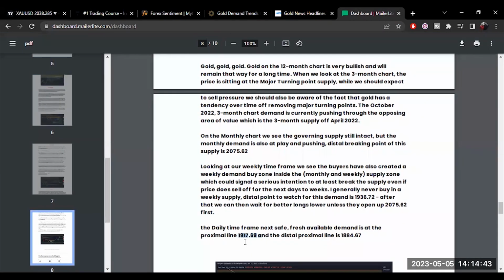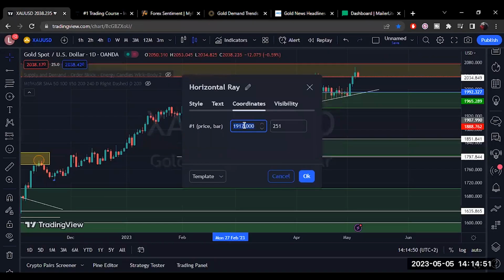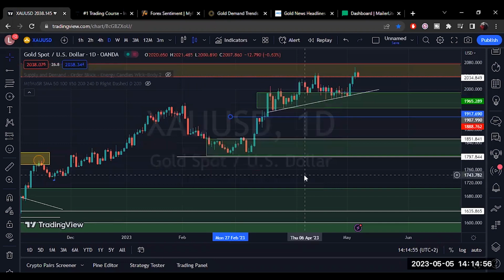So I'm just trying to find out where I said you guys should look for buys. 1917.69, just to give you an idea. We're going to look at where the blue line is. 1917.69. Right, so this is this fresh